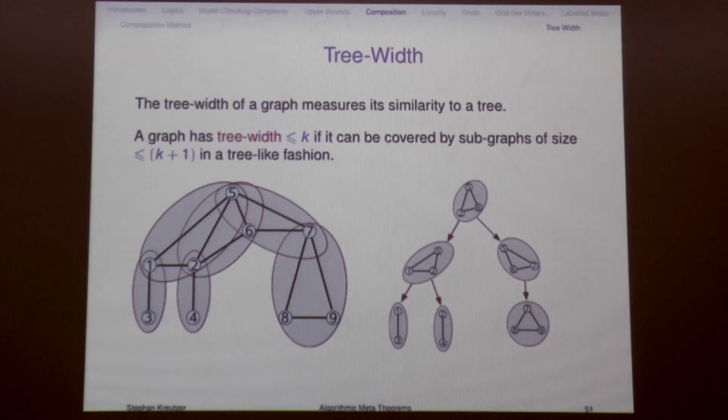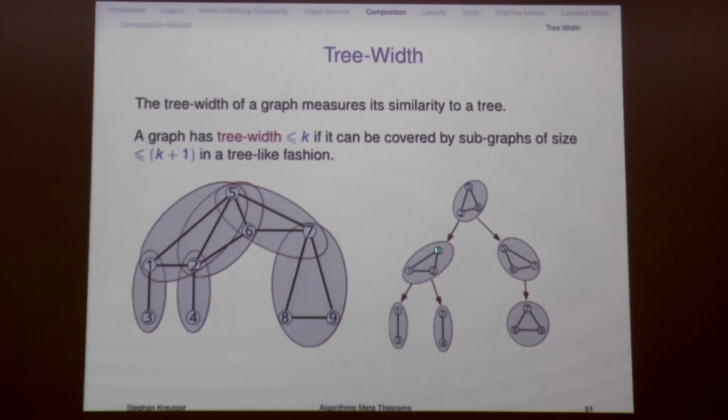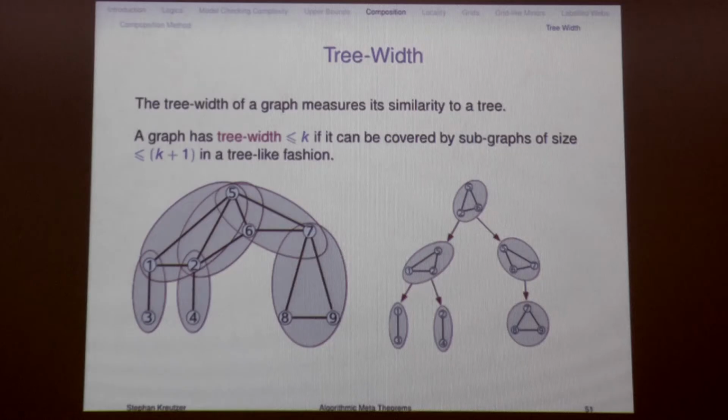If you look at exactly what you're saying, if you look at this vertex 5, it sits in here, here, here. So actually all three of them have a common intersection. Yeah? But this I can model by just saying, okay, I want these subgraphs containing the vertex 5 to also be connected. Yeah? So one comes after the other. So instead of putting them all together in one messy overlap, which is this one, I will split them into a tree.